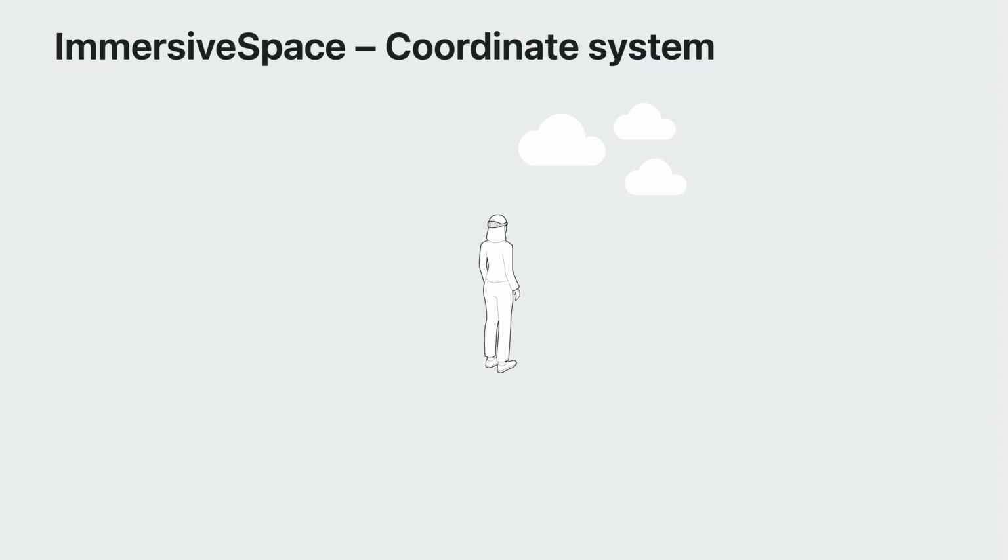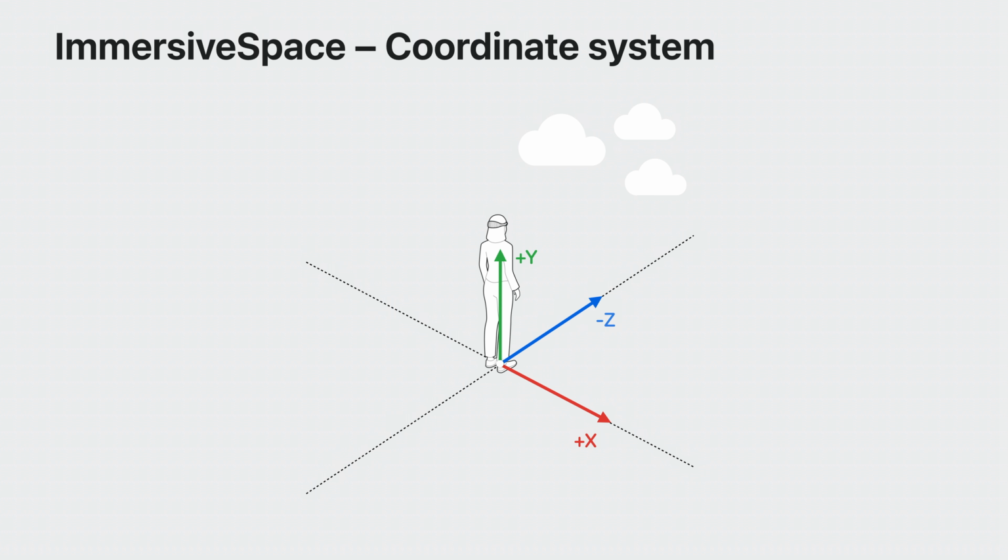When we configured the Xcode project, we mentioned how you can use SwiftUI's immersive space to present unbounded content anywhere around you. There are two more key details to understand about the scene type. First, unlike the window and volume scene types, immersive space uses the inferred position of your feet as the origin of the content. In this coordinate system, the positive x-axis is to your right, the positive y-axis is up, and the negative z-axis is in front of you.